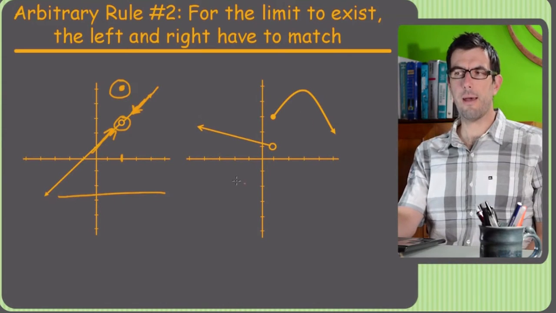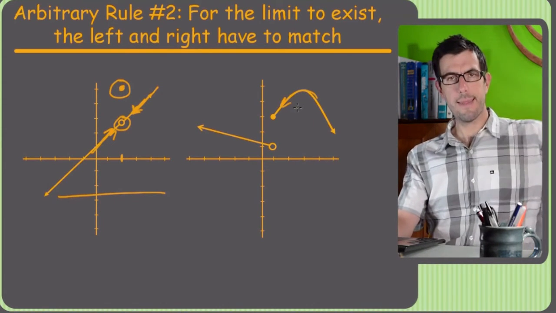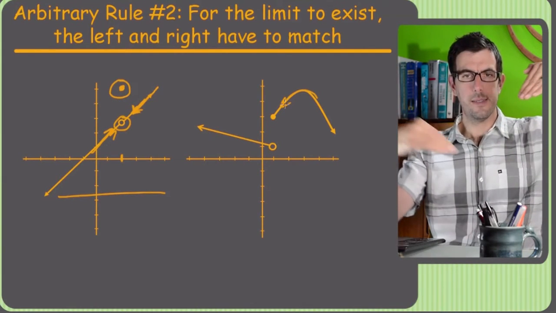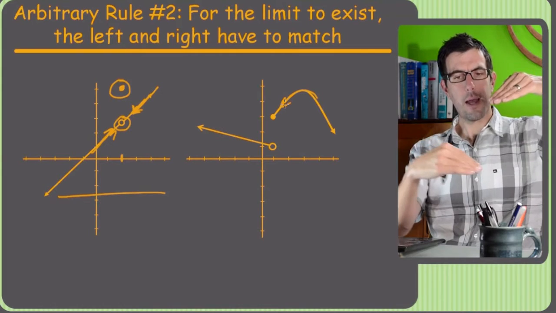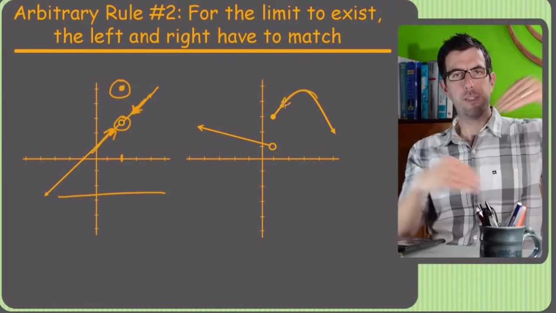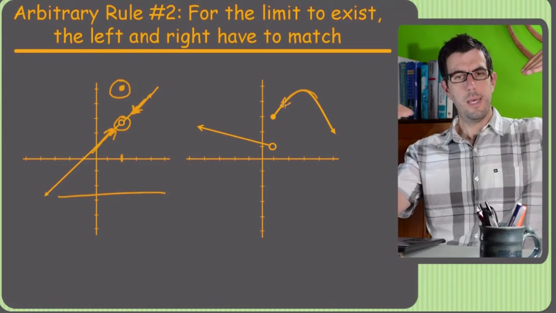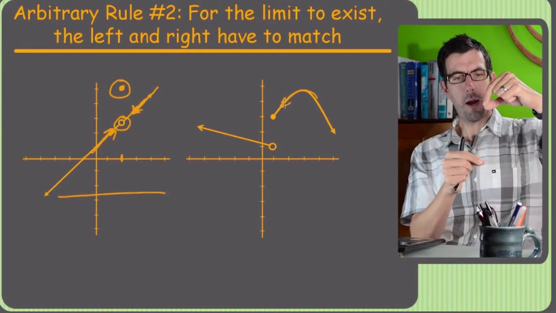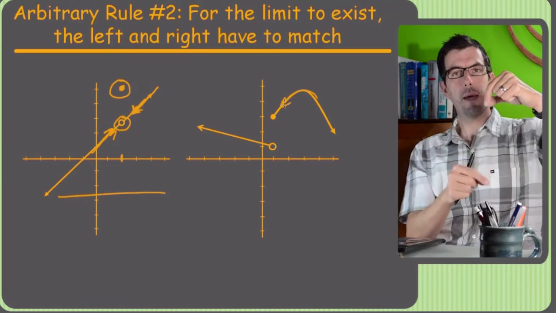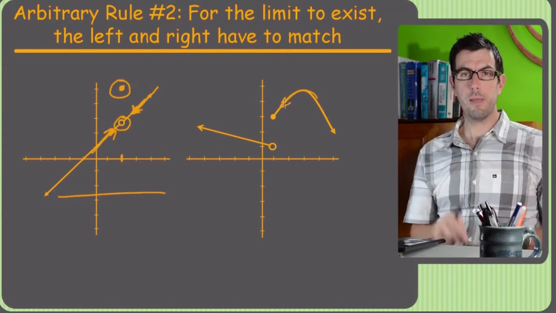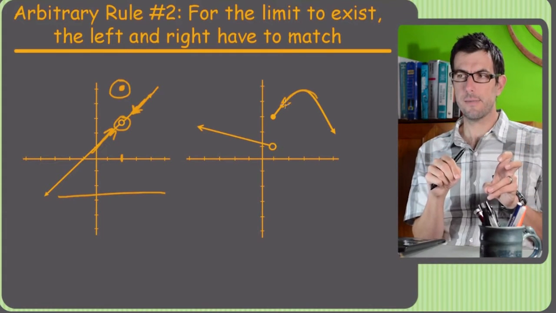But on this other graph, if we were driving along the right, coming in like this, coming from the left, we're coming in like this, and these two are not going to line up. They're going to fly right past each other, right? So when we take the limit as x approaches 1, it's going to go like this, and they're going to end up parked with a pretty good amount of distance between them. Those do not match up, therefore the limit does not exist.